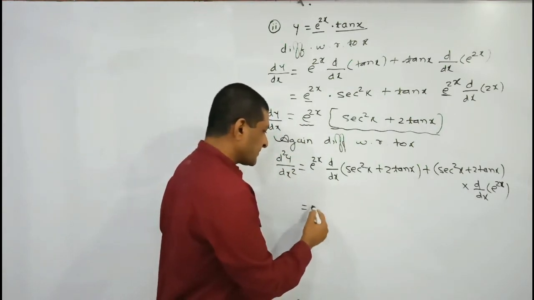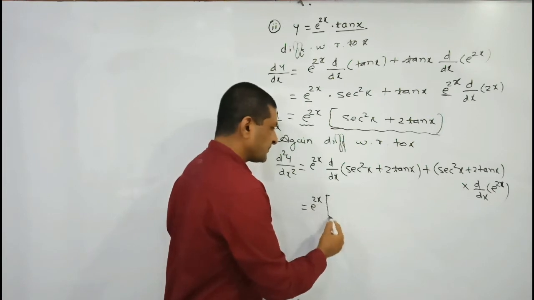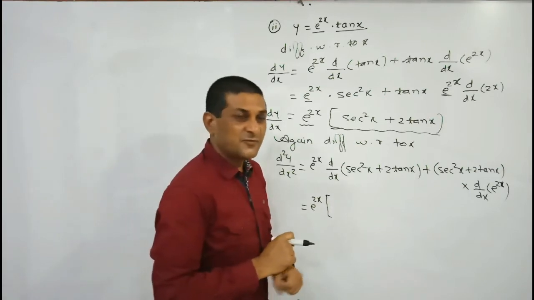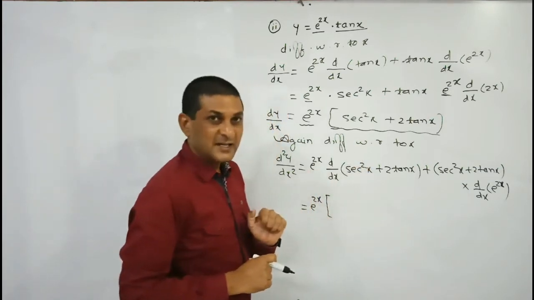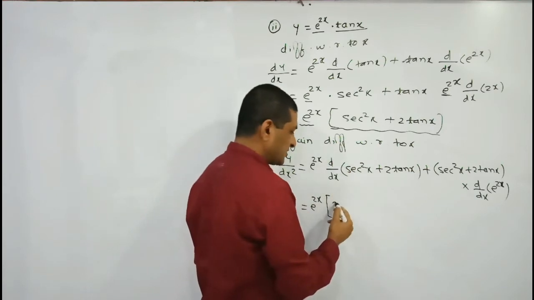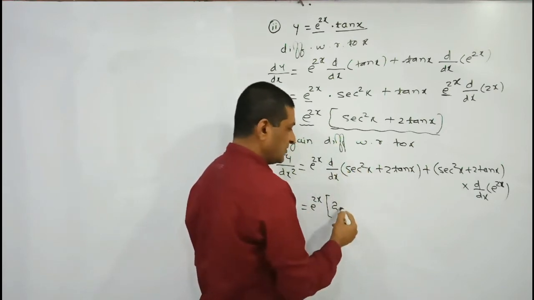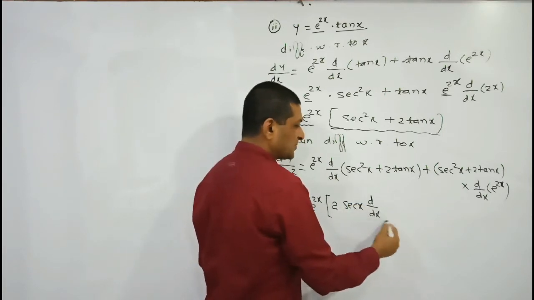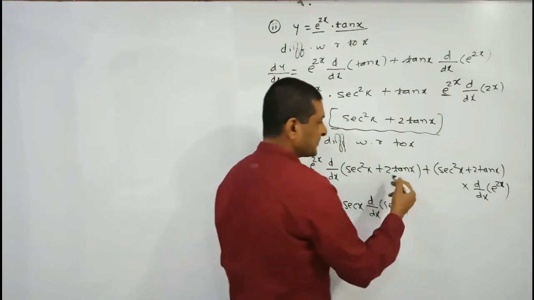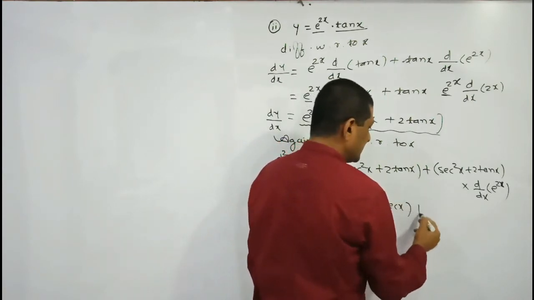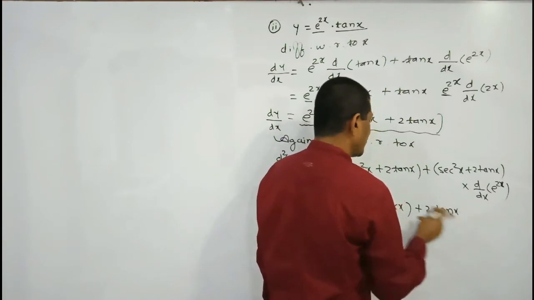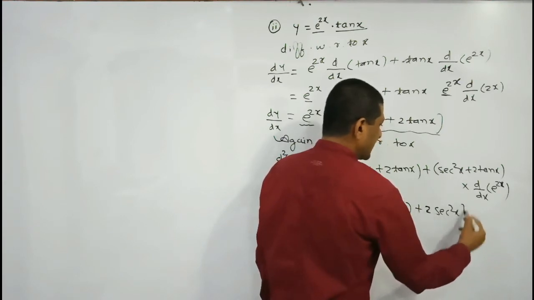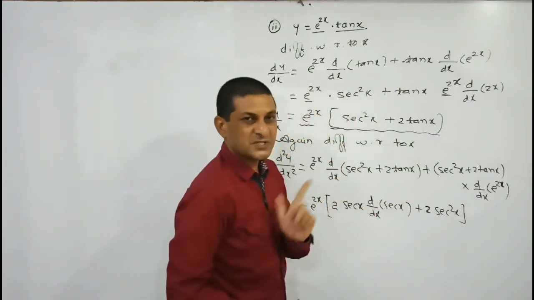So which is equal to, now keep this e raised to power 2x as it is. Now here we are finding the derivative of sec square x, but if you observe here, it is in the form of f of x raised to power n. So first take this power of f of x as a coefficient, means we have taken the power of sec x as a coefficient, then decrease its power by 1, so the new power will be 1, into the derivative of sec x, plus 2 tan x, keep it as it is, plus the derivative of tan x, which will be equal to sec square x. Differentiation of the first term is completed.